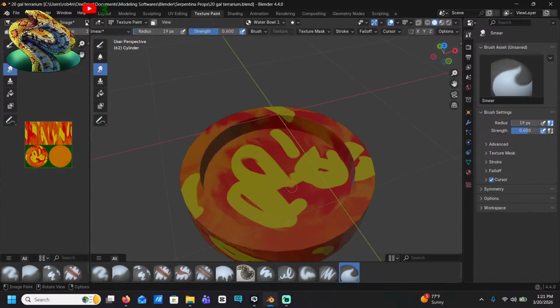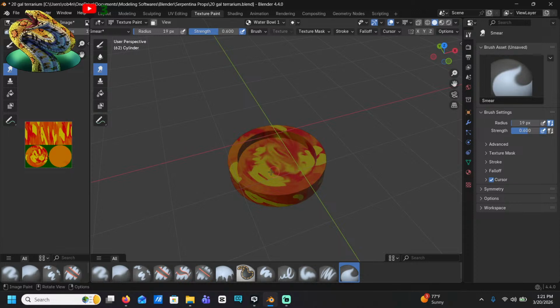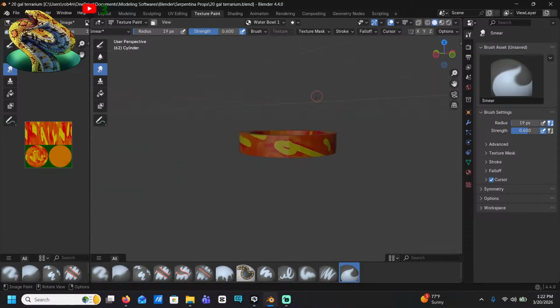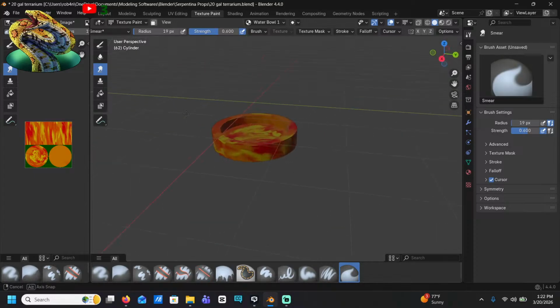Okay, and then I do this. Blue, blue, blue. That looks pretty nice.